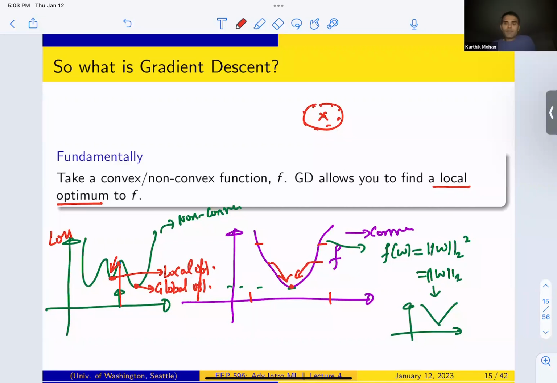Exactly. If I optimize for my training data set, I say this is the best possible, I have minimized the loss to the best, I have hit the global optimum. Guess what? You're globally optimum for the training data, but for your validation data, you're off. So what is the point of getting to the global optimum anyway? Because you were overfitting. So overfitting in some sense is getting to the global optimum, or trying to minimize the loss as much as possible. So it's okay. You don't have to get to a global optimum